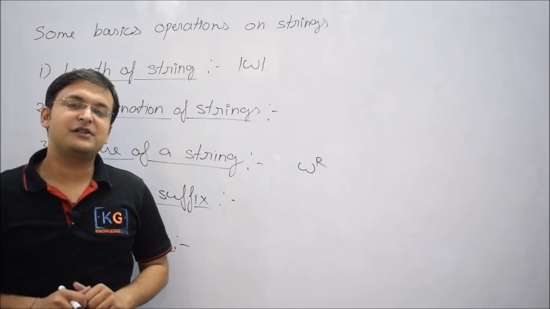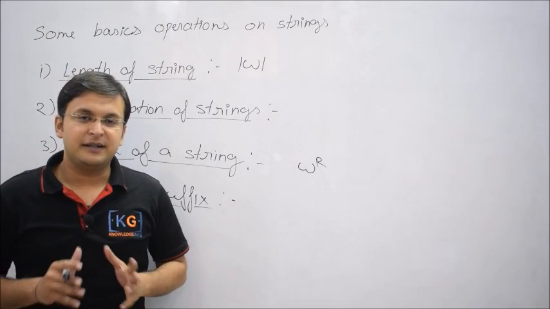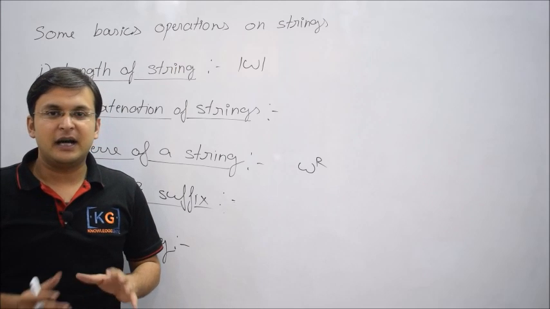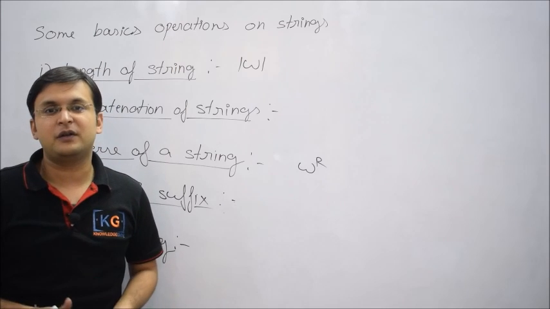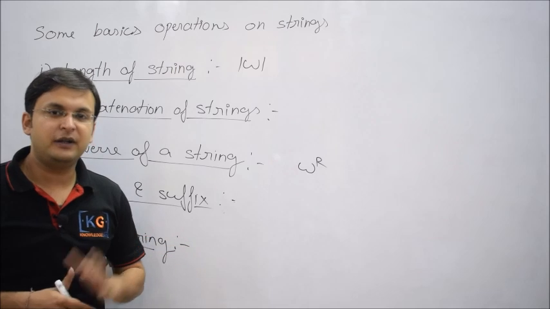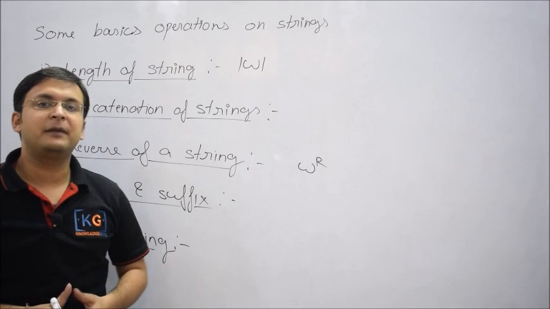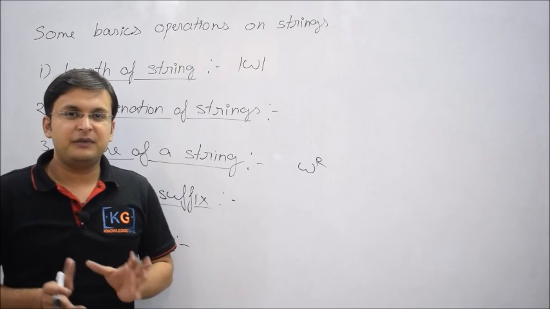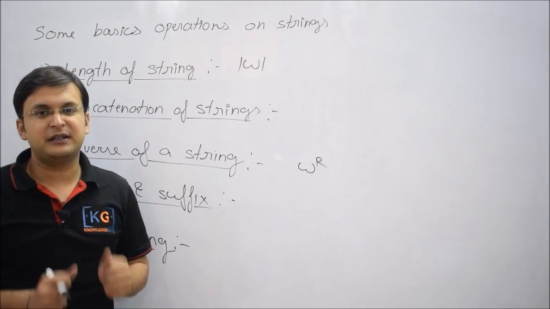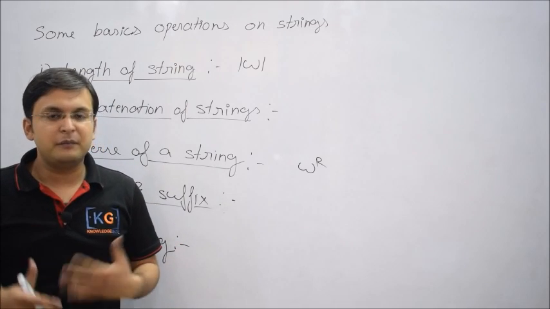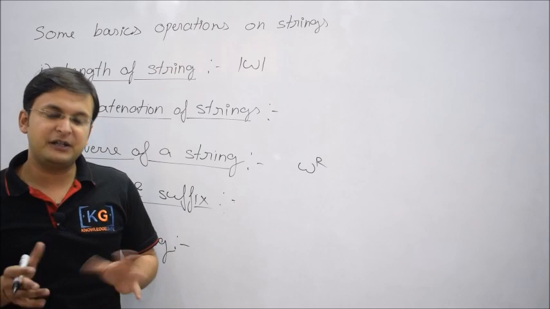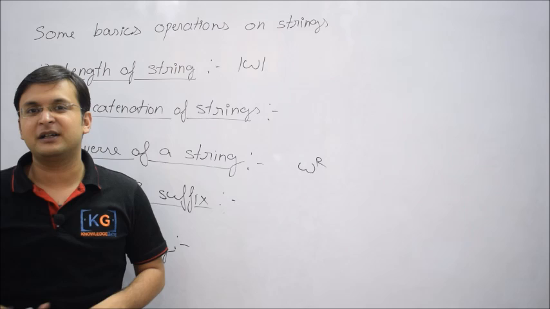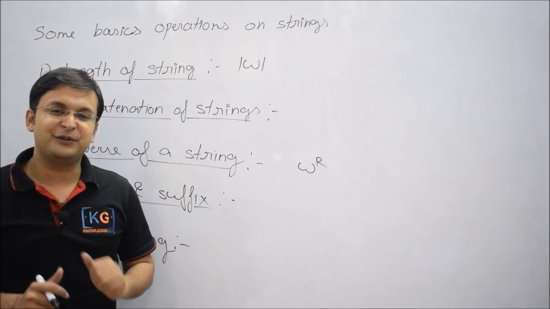Hello friends, in this series of videos in theory of computation, in the last video we understood how a language could be represented, either by using a grammar or by using a machine. Now in this video, before we go into depth, let us do a little homework on strings, because we have defined a formal language as nothing but a set of strings. A number of operations will apply on strings, so it is better to first be friendly with those operations so that when we are into the subject, these operations don't create problems.